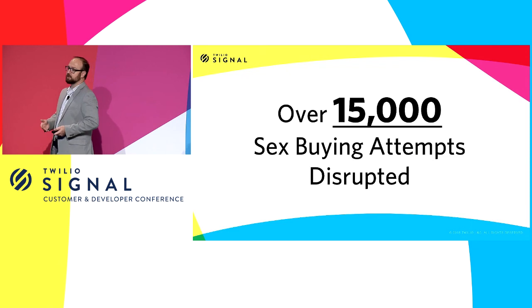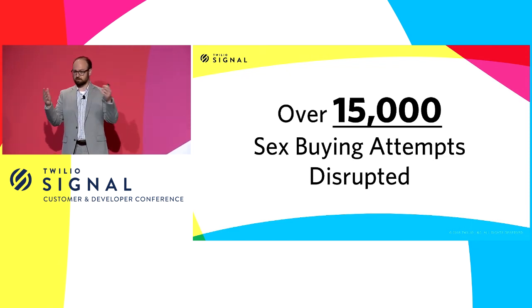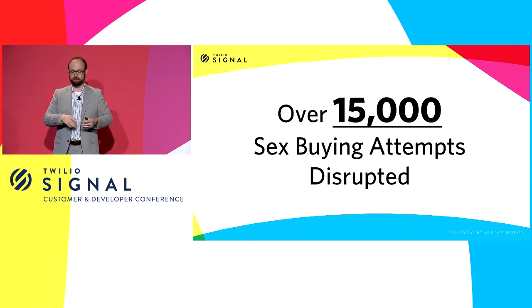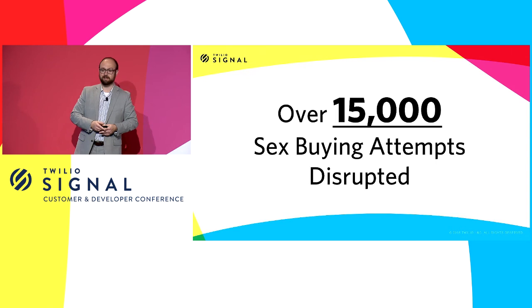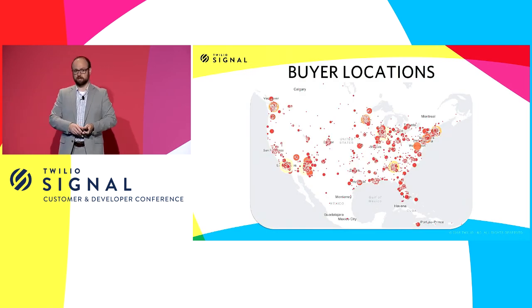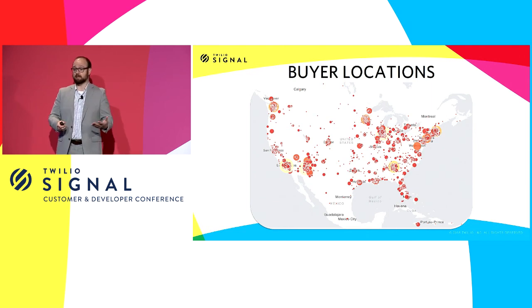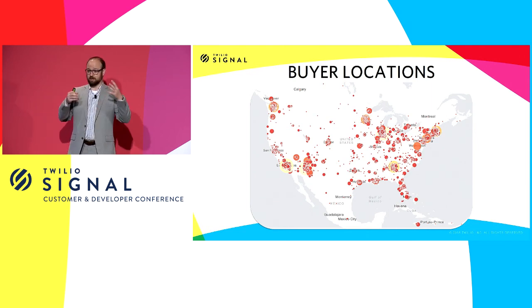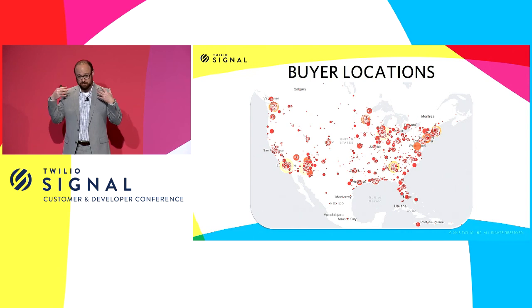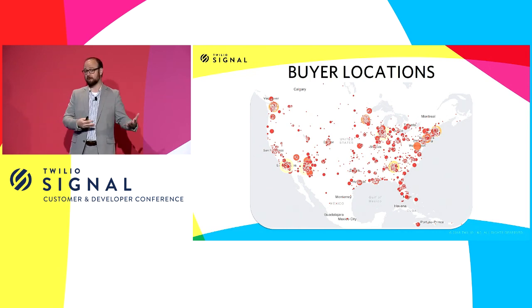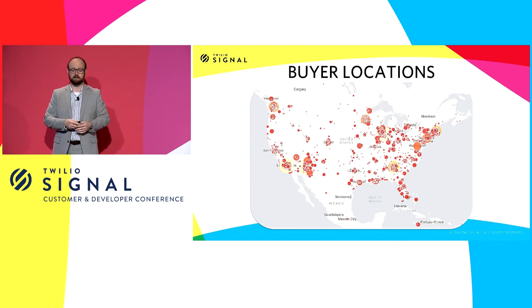And we've only been doing this in 5 or 6 different markets. And when I say market, I mean online, that's where the buyers go and search to buy in their area. But the thing that we know that's pretty clear is we have buyers all over the country. And again, we have bots that are posing as 15-year-olds, and these guys are saying yes. We have bots that are clearly not a human being, and the guys don't know the difference, just like they have no idea what kind of horrible violence is happening to the people that they might be buying if they're not interacting with the bot.